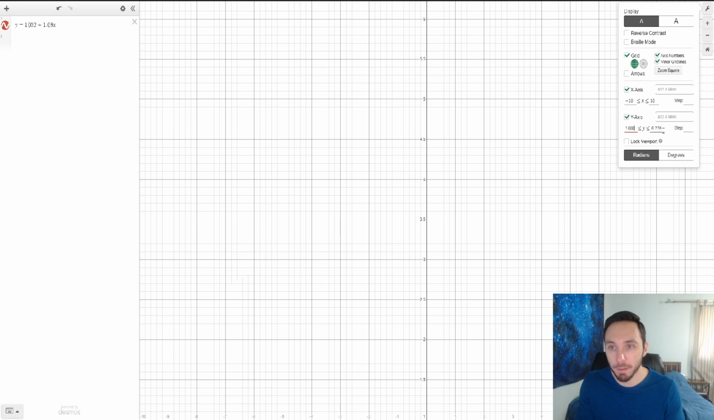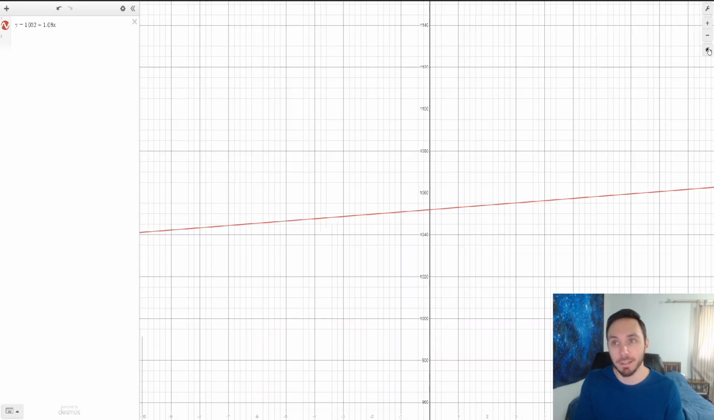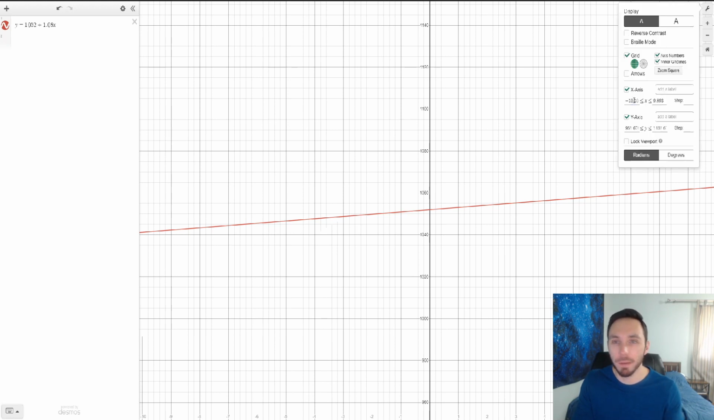And then maybe I'm just interested, and I can zoom out. So maybe I'm interested in the first few values, so I'm going to go to like 1,200. So right off the bat, I can already see it. If I want to manipulate the x values, maybe I'm not too concerned with these negative values, because if we go back to the problem,